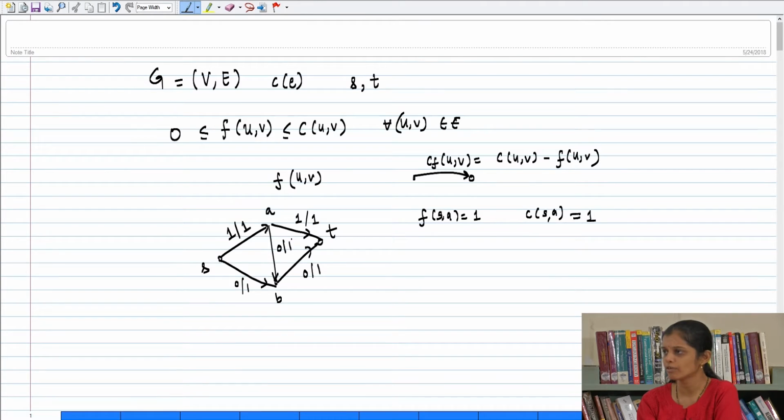So this could be the way I would have sent my flow. Is this a valid flow? This is a valid flow, right. So let us ask, what is the residual network with respect to this flow? All of us have studied this in the previous lecture. So let us ask, what is the residual network? This is the flow F. So I will construct a residual network. The vertices remain the same, right. So I will just draw the vertices first,